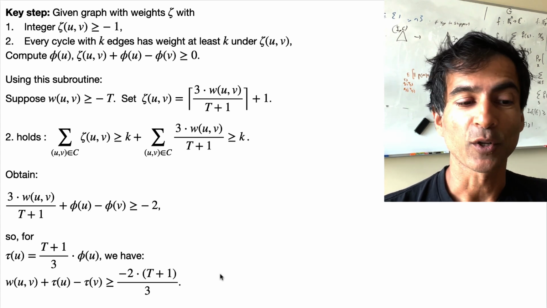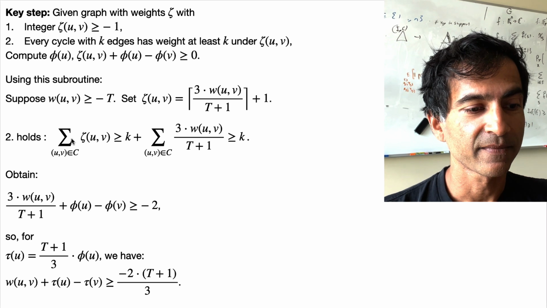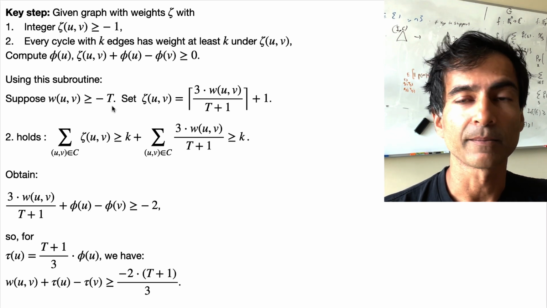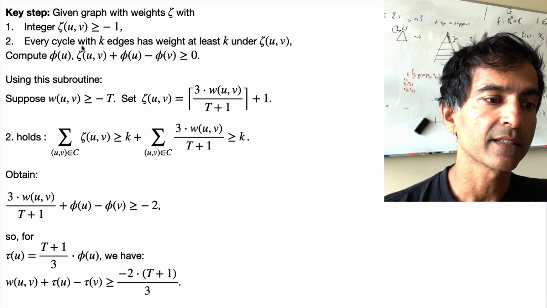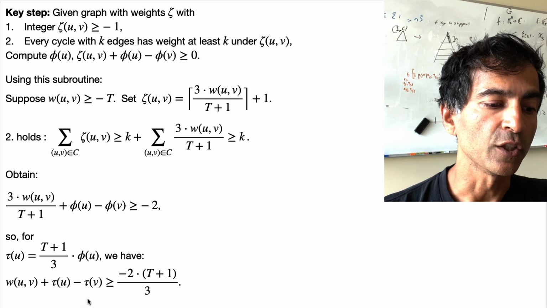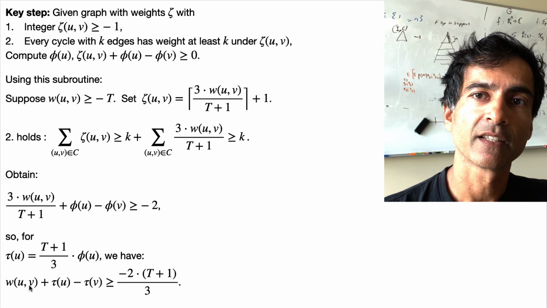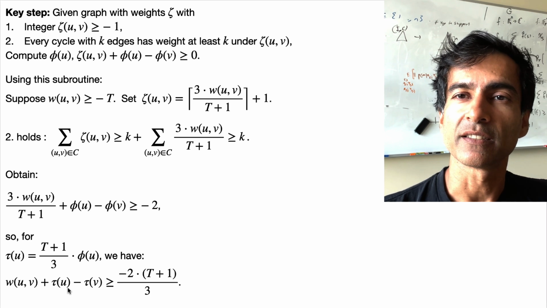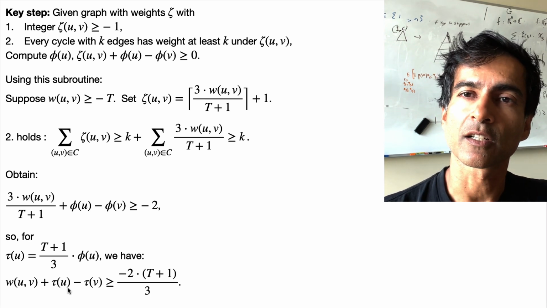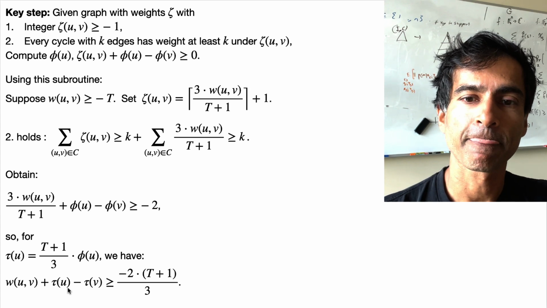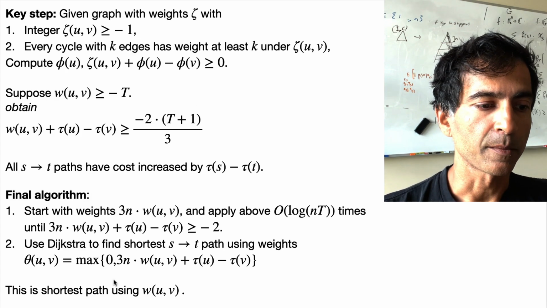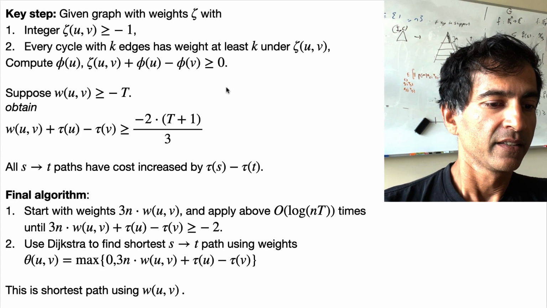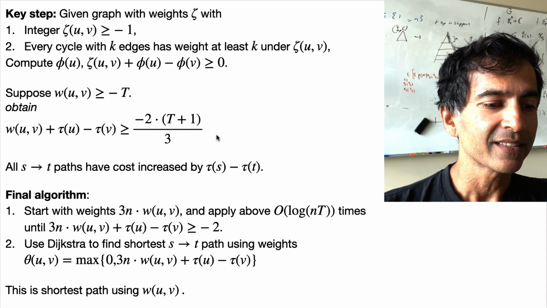And that's progress, because we started with the assumption that w is at least minus t. And using the subroutine, we now got a new weight function, which is at least minus roughly 2t over 3. Okay, so it's closer to being non-negative. That's a lot of progress. So if we now repeat this,